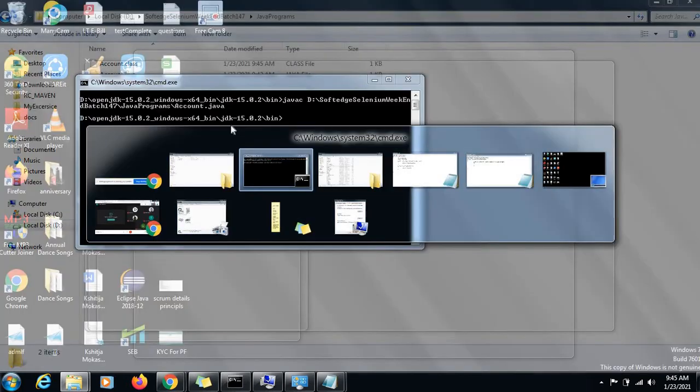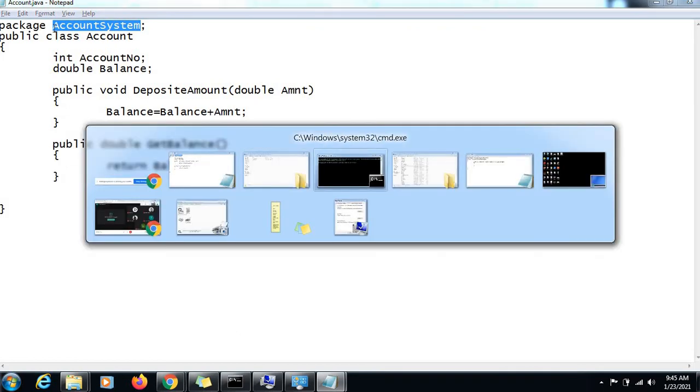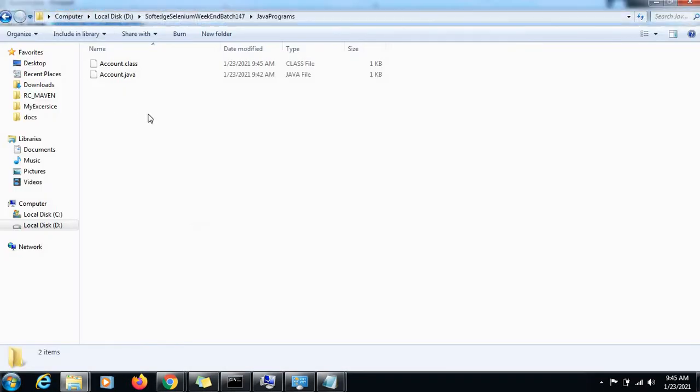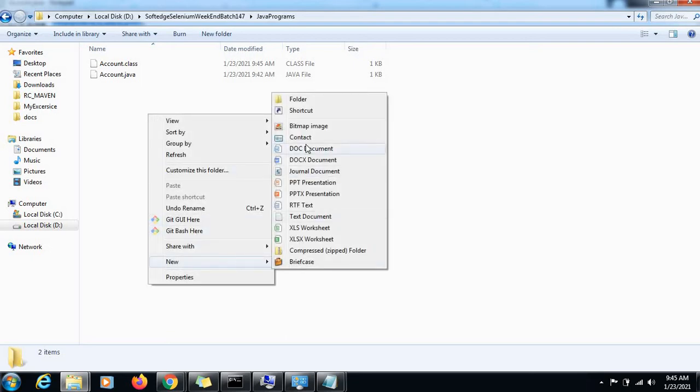Now what we need to do, this class we have compiled. Now we need to create a package folder. Usually these things IDEs like Eclipse take care of, but when we are doing it from outside of the IDE, we need to take care of these things.